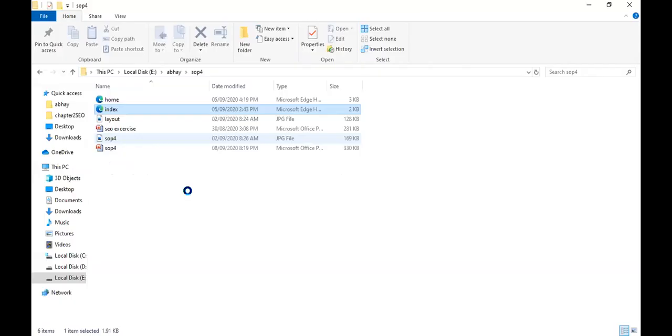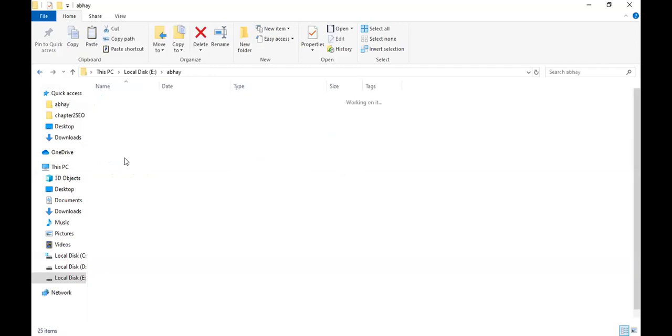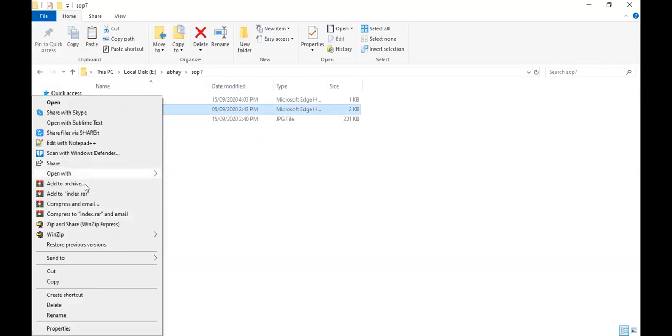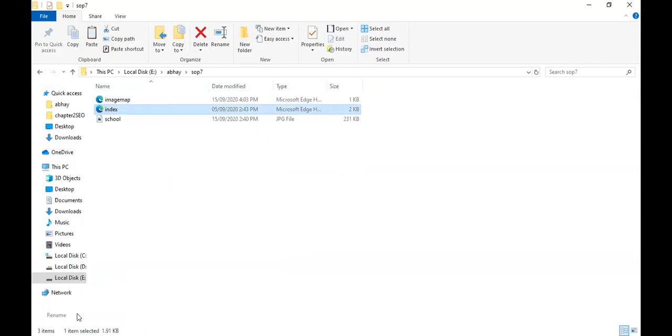I copy it with Control C and paste it here in SOP7. Then I rename index to school.htm. So here is school.htm. Now we will check the output of the image map.